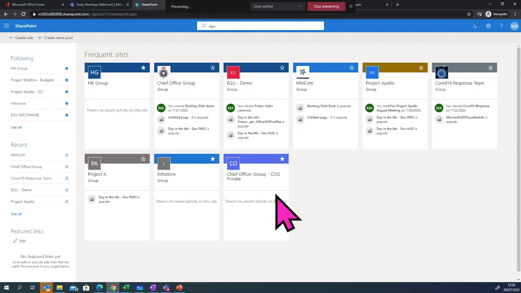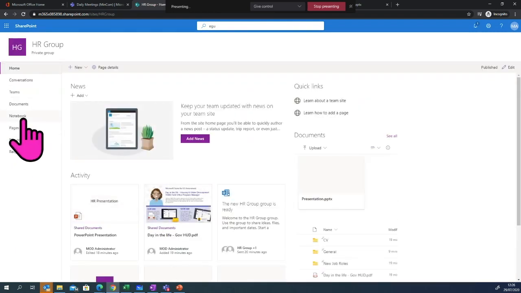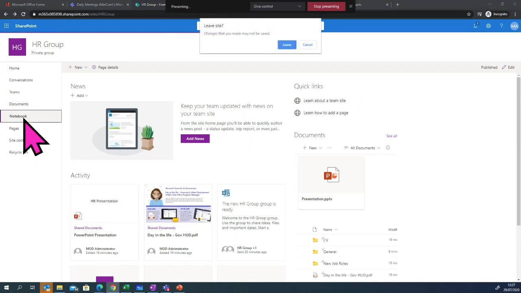Just another question, too: with all the collaboration tools available, what function does Notebook normally play for users? In other words, what benefit does Notebook have being on SharePoint? Really great question from Steve there. So I'll just dive into this HR group that we created. So Notebook here is basically